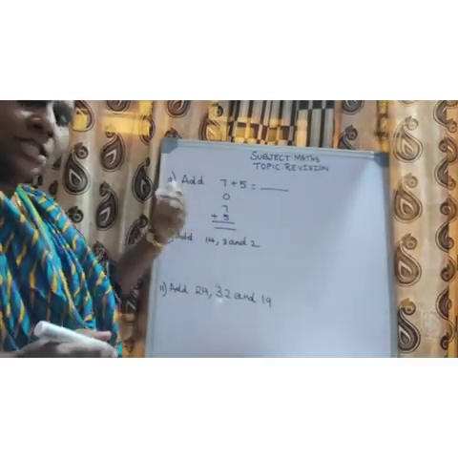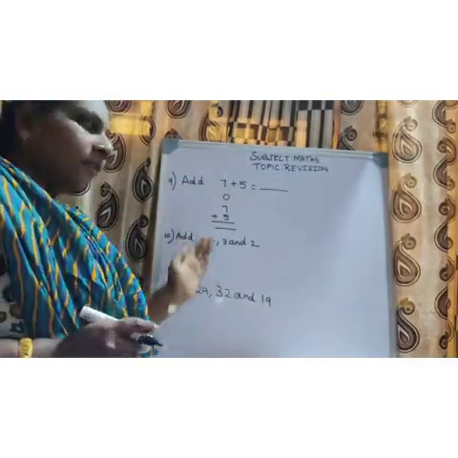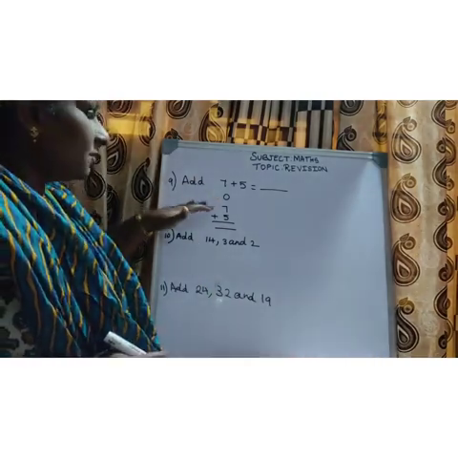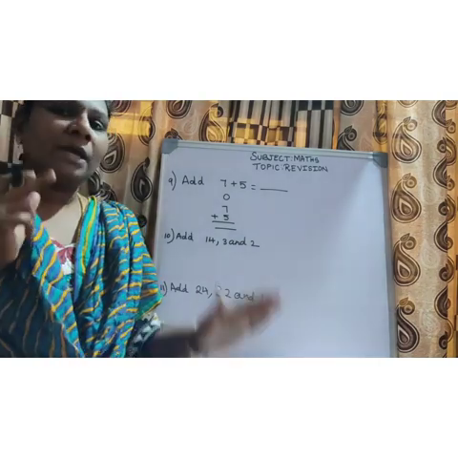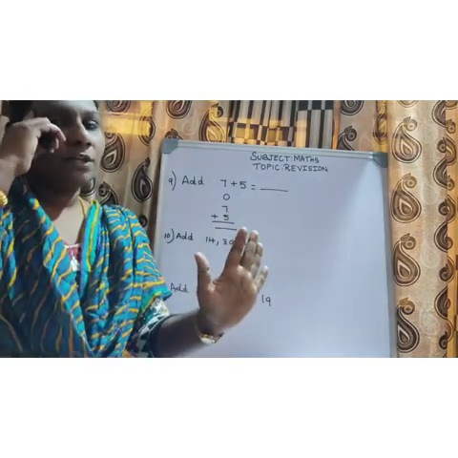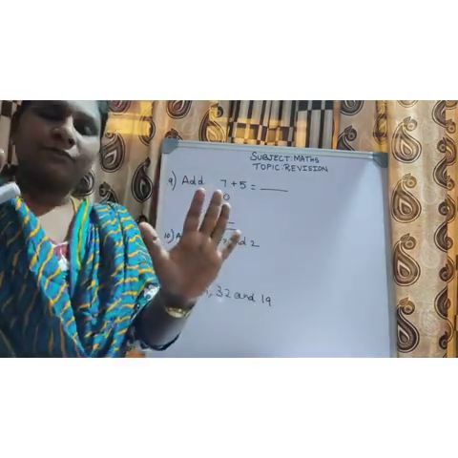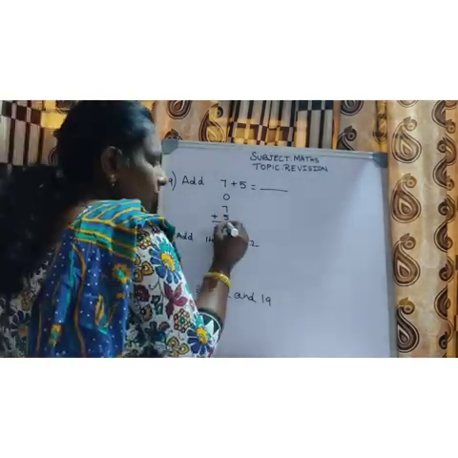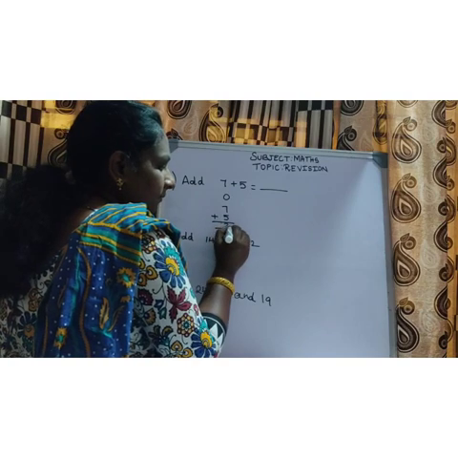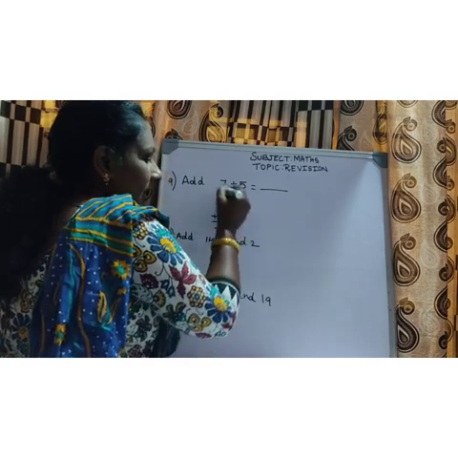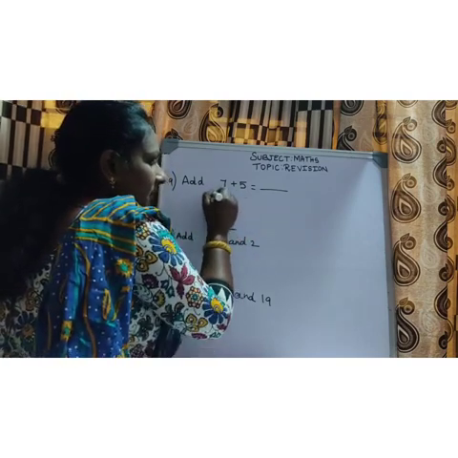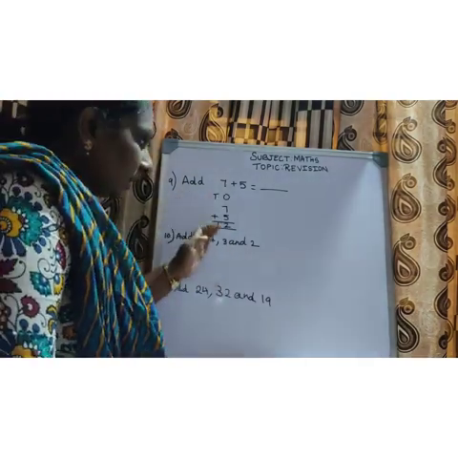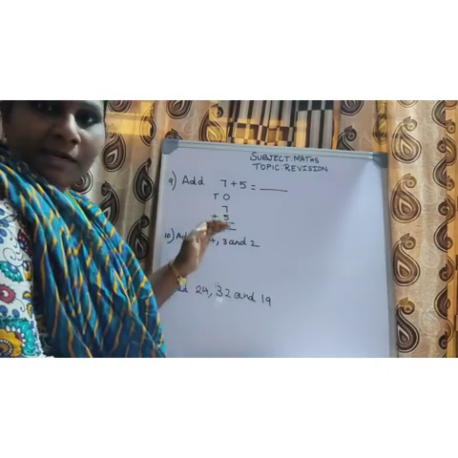After getting the answer, you can click the answer, but you have to work it out in your rough notebook, so that you won't make a mistake. 7 plus 5. First number keep in your mind, second number show it in your finger. 7 in your mind, 5 in your finger. After 7: 8, 9, 10, 11, 12. So 12. The 2 I should write in the ones place and the 1 I should write in the tens place. Okay, understood children? If you get the carryover, you have to write like this.